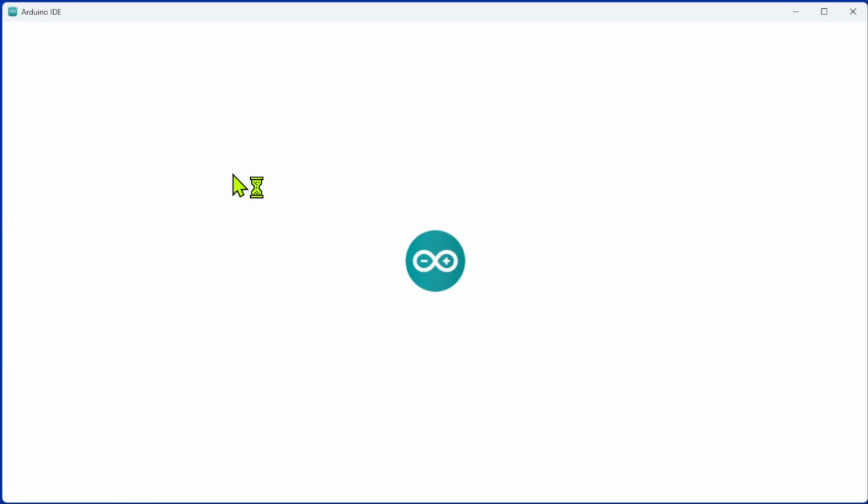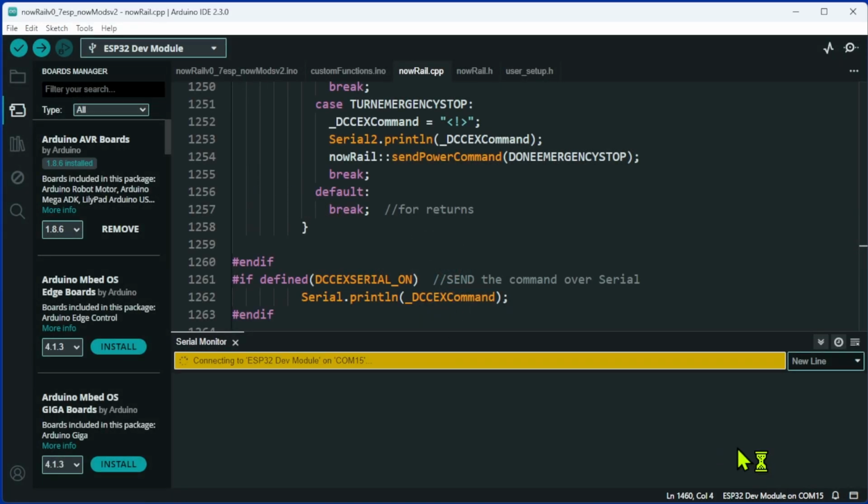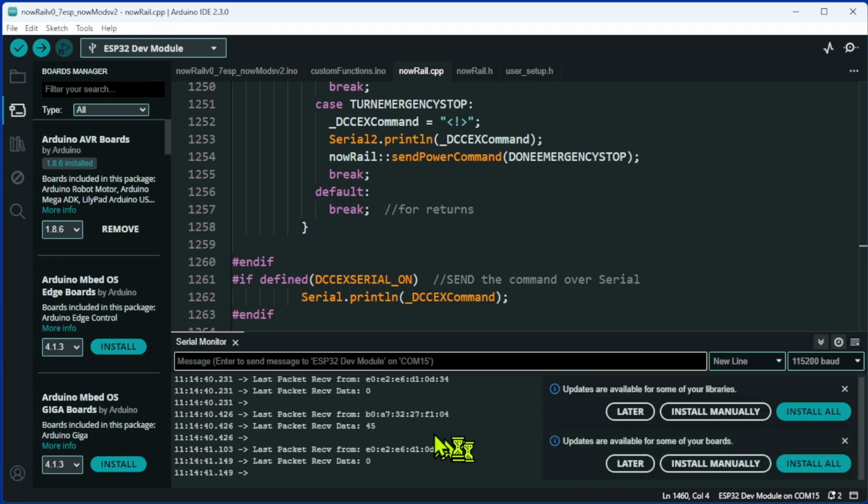Now, we are all used to seeing updates to our libraries and even to our board managers. So let's just double click on the Arduino IDE. It starts up. It obviously goes back to the last project that you're working on, and you'll see down in the right hand corner there are some updates that are available for some of your libraries, and there are updates that are available for some of your boards. So I'm just going to click on the install manually,